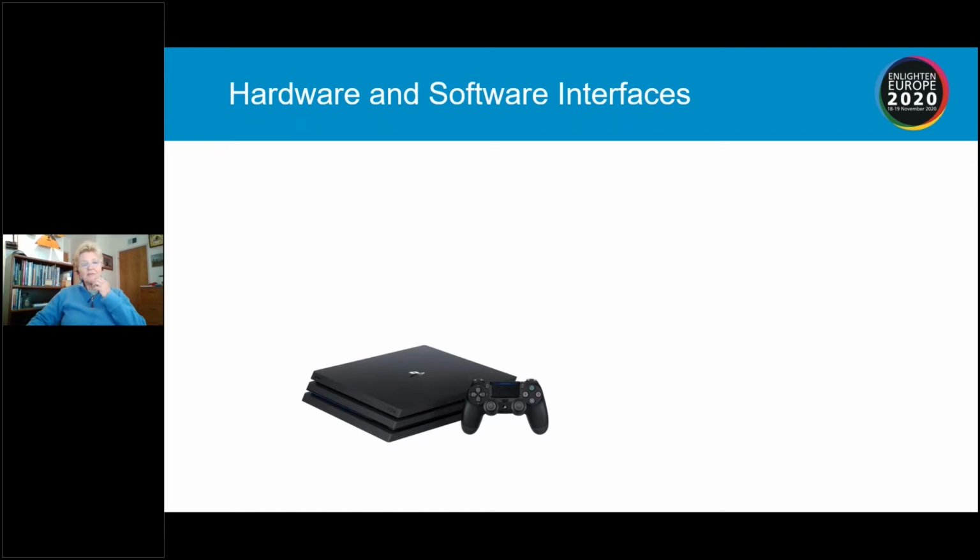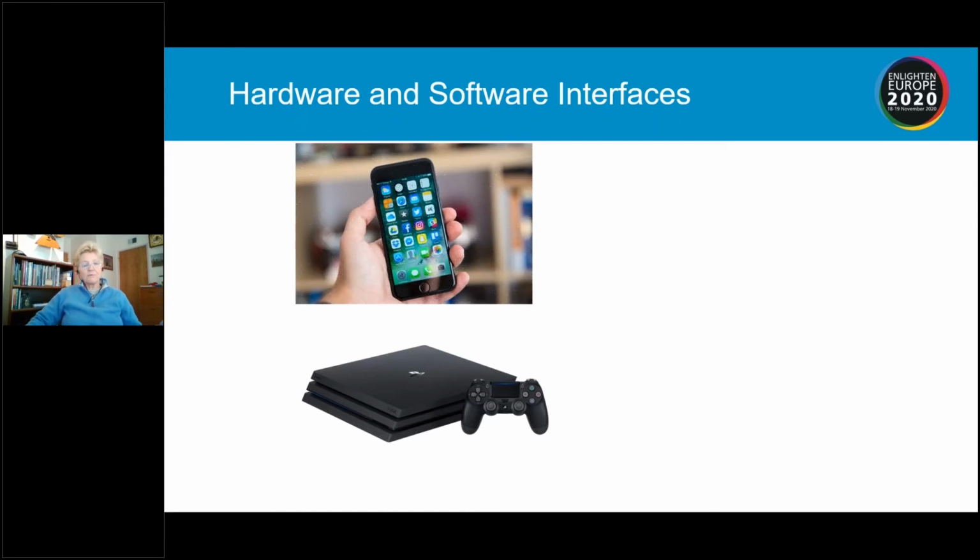Now, these can be software interfaces, hardware interfaces, and it can be a combination, certainly, of both of them. Maybe you have a PlayStation or an Xbox or whatever, but you certainly know that it does take a little bit of orientation to understand the controls and how to manipulate the characters or the elements in a video game. It could be your phone, and whether you're an Android or Apple user, it doesn't really matter. Everyone has an affinity. Everyone has very strong feelings about the user interface.